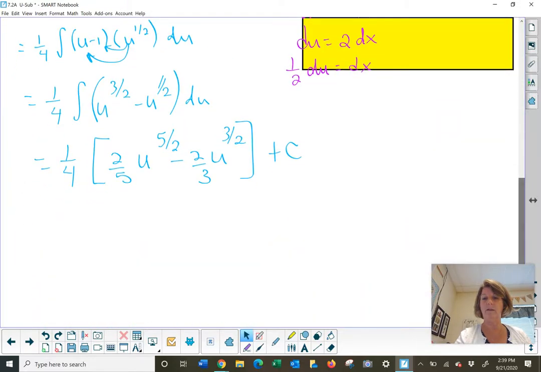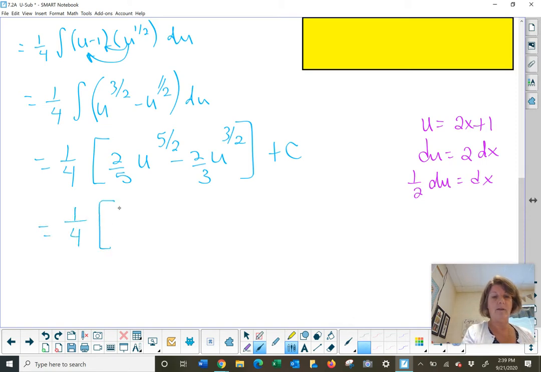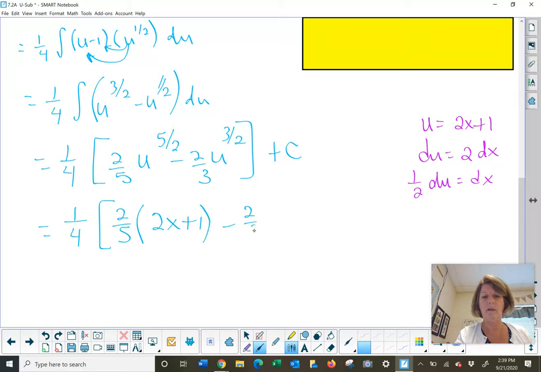I'm going to bring that down so I can see it. So switching this out, final answer, 1/4. I really should swing that through, shouldn't I? One step at a time. 2x plus 1 to the 5/2, minus 2/3. Uh-oh, forgot my power, 5/2. Then 2x plus 1 to the 3/2